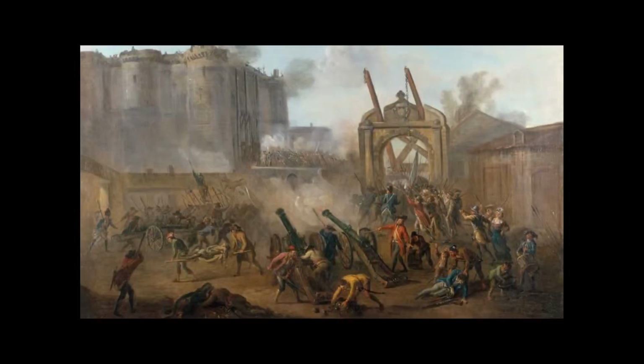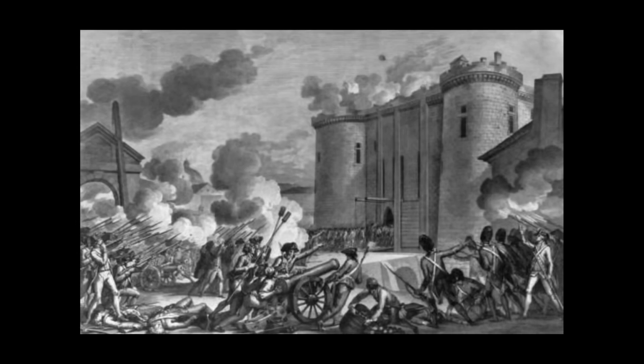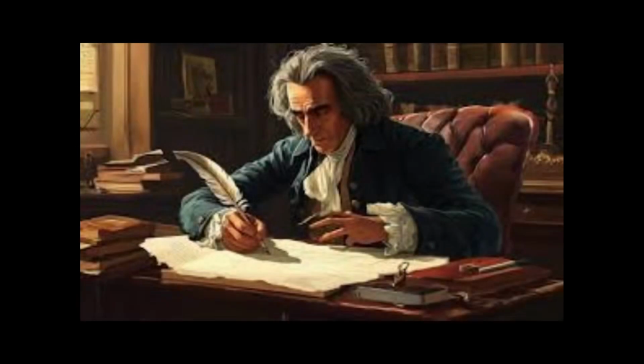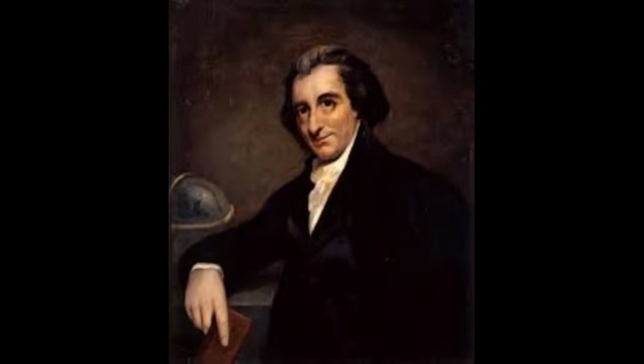What are the provisions of the Declaration of Human Rights, which was passed by the National Assembly of France after the French Revolution? Men are born and remain free and equal in rights. The aim of all political associations is the preservation of the natural and indivisible rights of man. These rights are liberty, property, security, and resistance to oppression. The principle of all sovereignty resides essentially in the nation. Liberty consists in the freedom to do everything which injures no one else. Law can only prohibit such actions as are hurtful to society.